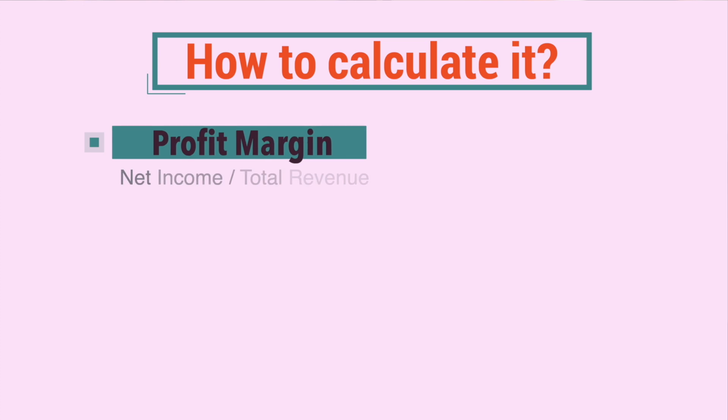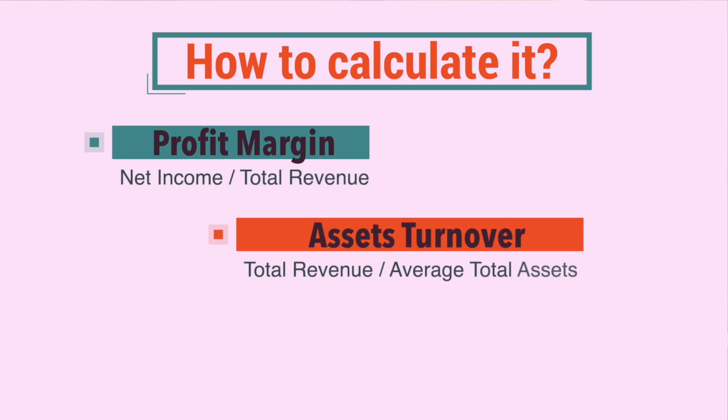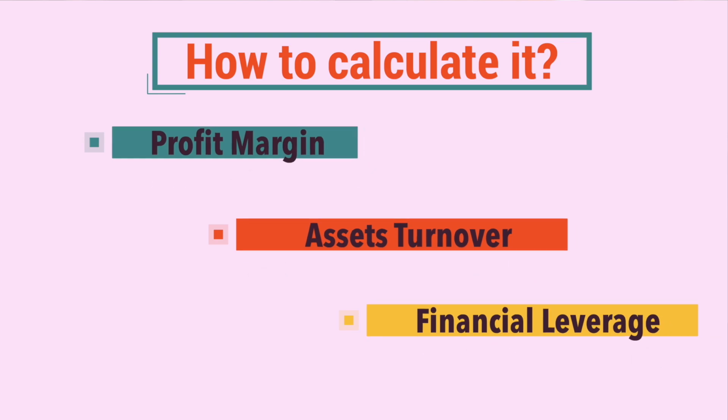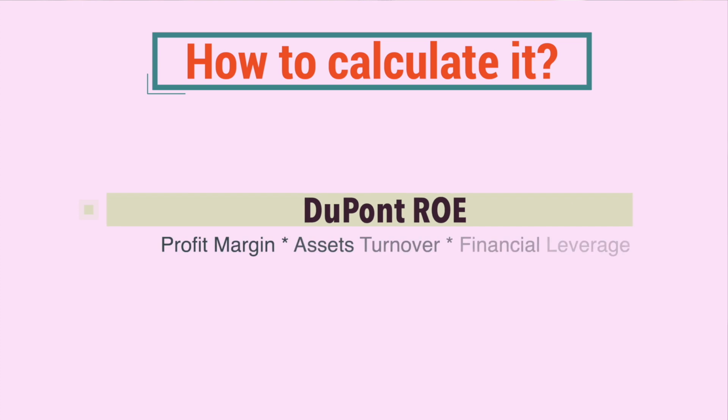First, the profit margin is the net income divided by the total revenue. The assets turnover is the total revenue divided by the average of total assets. The financial leverage is the average total assets that we just calculated divided by the average shareholder equity, which we calculate similarly to the average total assets, but with the shareholder equity. And finally, the DuPont formula, which is a kind of ROE, is the profit margin times the assets turnover times